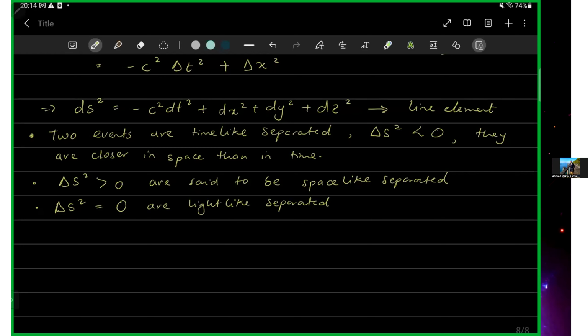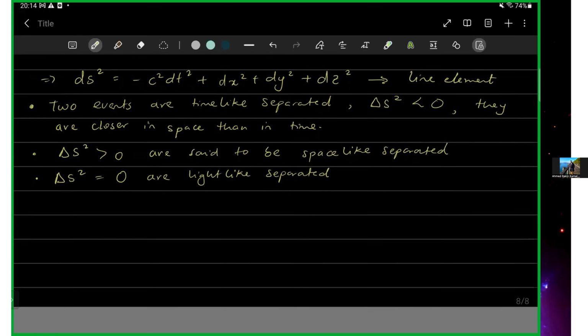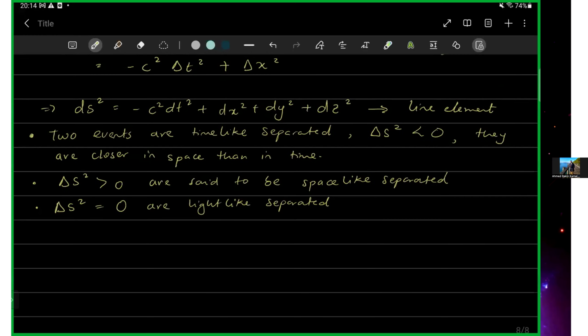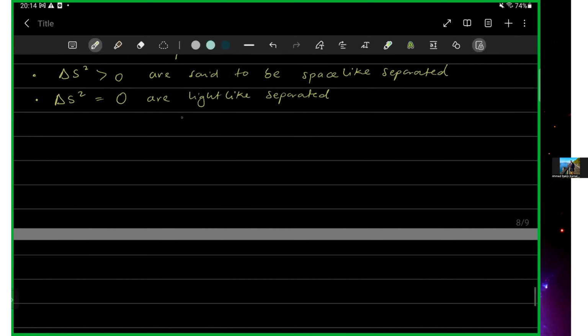Okay. And basically, light-like separated means that these events can be connected by a light ray. Now, the set of all points that are light-like separated from a particular point basically defines this point's light cone. Okay. So in special relativity, we have something called the light cone that looks like this,